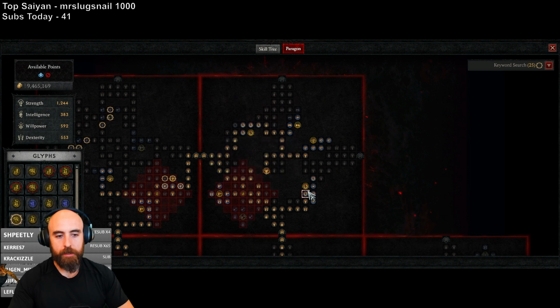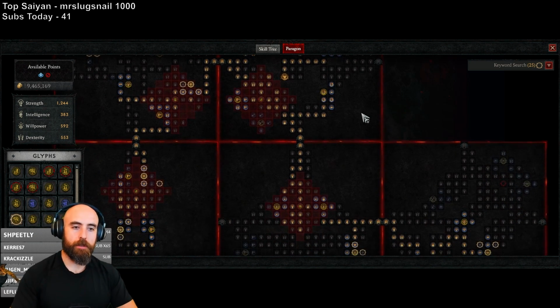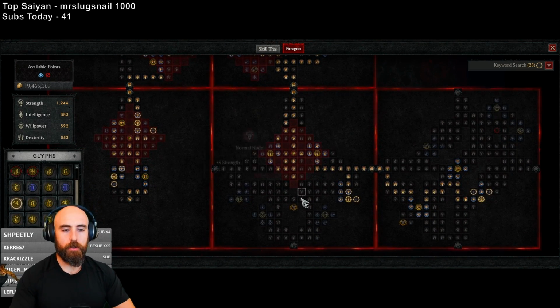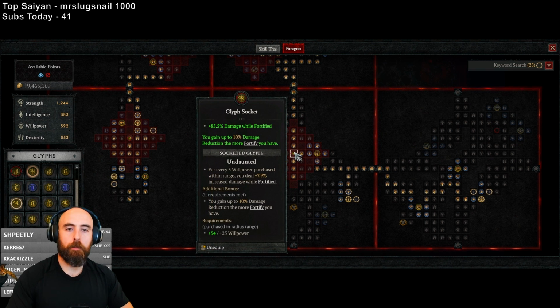maximum Fury here, max life there, with more max Fury and max life. So I like those two things. Then we came down here. I don't know if that's a better optimization or not. I'll think about it. We came down here to the Decimator tree to pick up a glyph